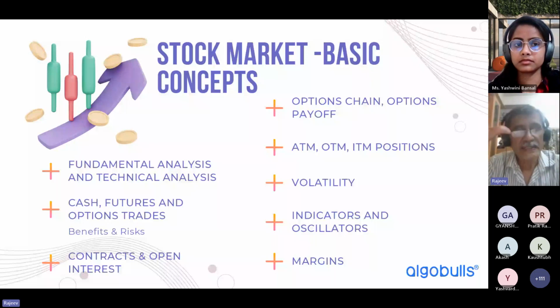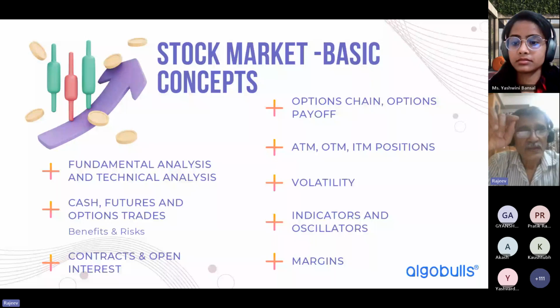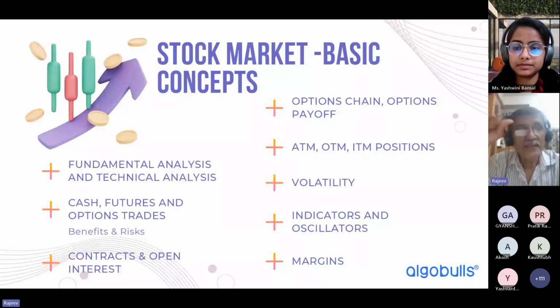That is cash. The limitation of cash trading is that you require a large amount of money to do that. Suppose you want to buy 100 units of Infosys, so 1600 is the price into 100 is the quantity, that becomes 1.6 lakhs of rupees that you should have to buy 100 units of Infosys. Whereas the future is a derivative instrument where you can buy a larger quantity of the stock at a lesser price.